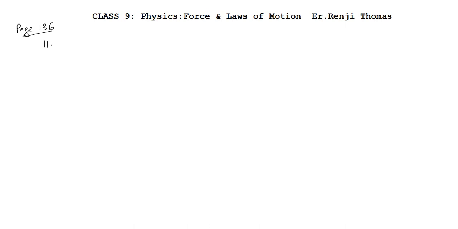So let me draw a figure for you to understand it properly. You have two objects. Say one object is having mass m1. The velocity of each object is given as 2.5 meter per second. Both objects have the same speed but they are moving in opposite direction. Just imagine there is another object here, which has the same mass but is moving in the opposite direction with the same speed.